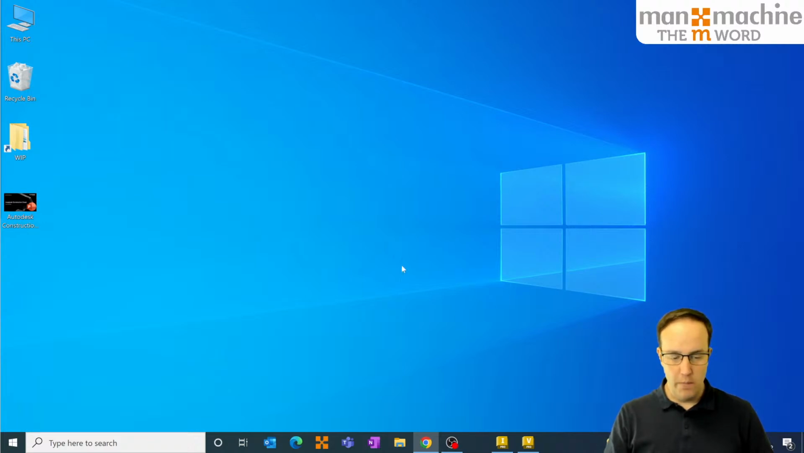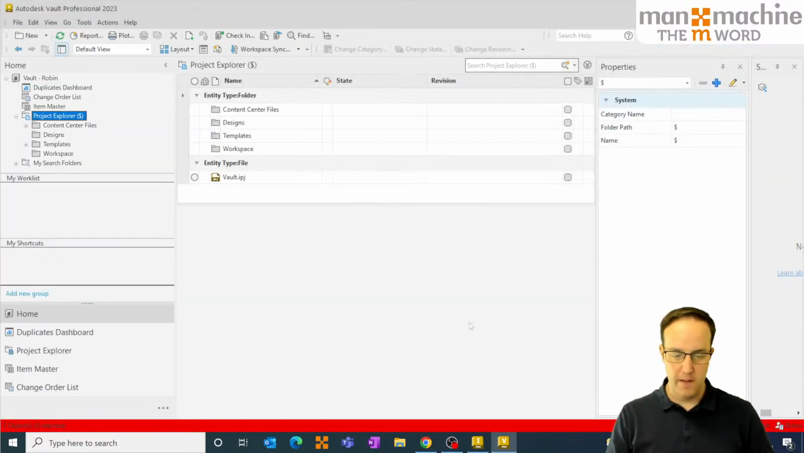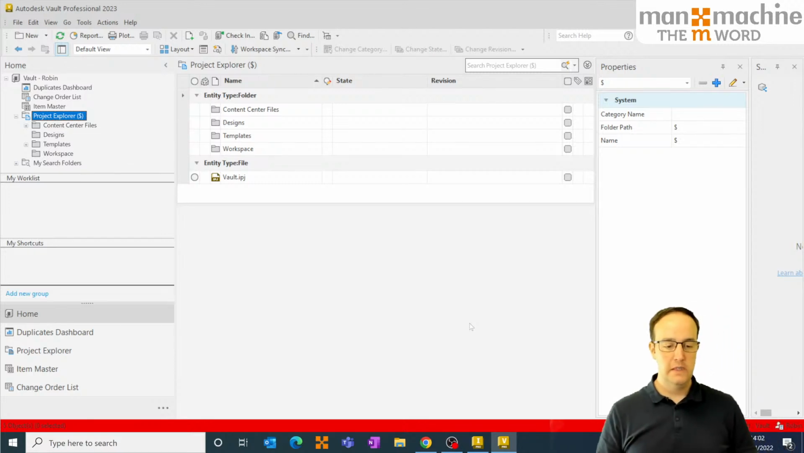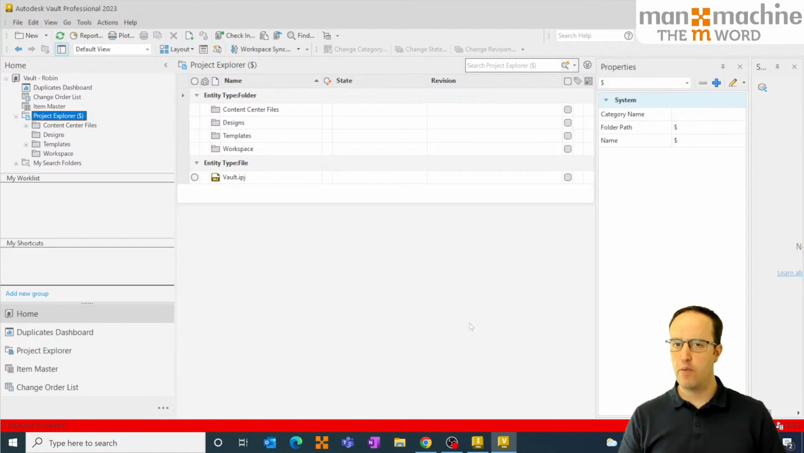So what we're going to do is open up Vault. Now I'm running Vault Professional. Some of these features are Vault Pro only. Some of them are spread across all of the releases, but I'm going to focus on Vault Pro because that's what I've got installed. And the first thing you'll notice as soon as you open 2023 is at last we